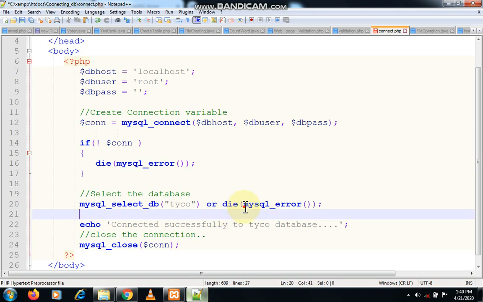You just need to call here mysql underscore error. Clear? So it will report you the error, and just close. Very simple. So in this tutorial we have seen three different steps: create connection variable, select your database, and close the connection. Very important three functions: mysql